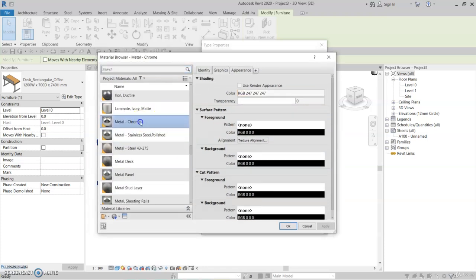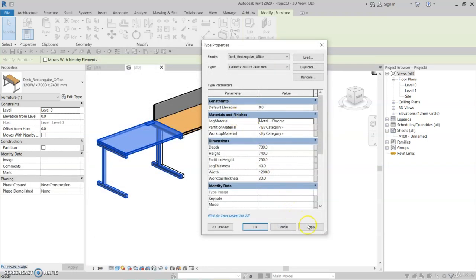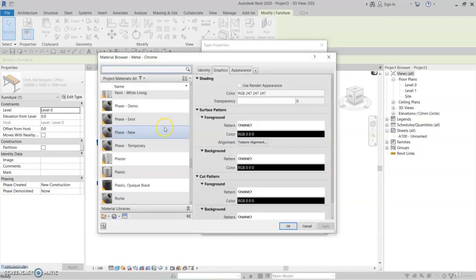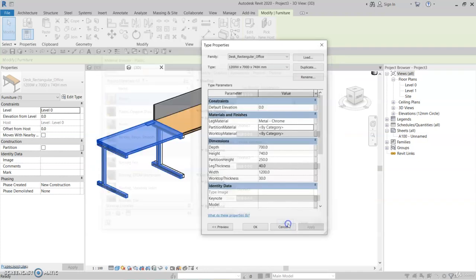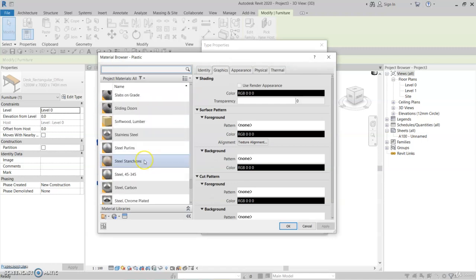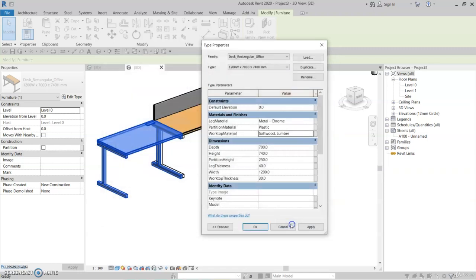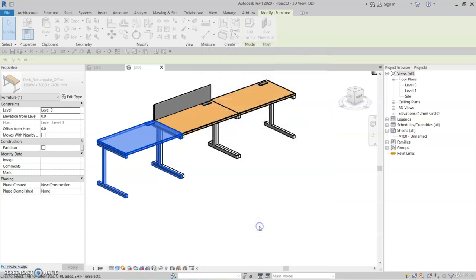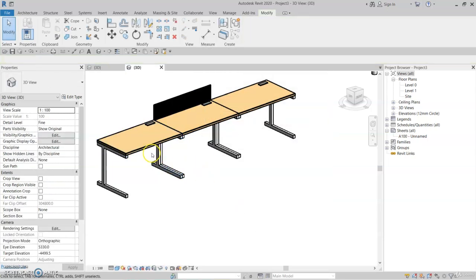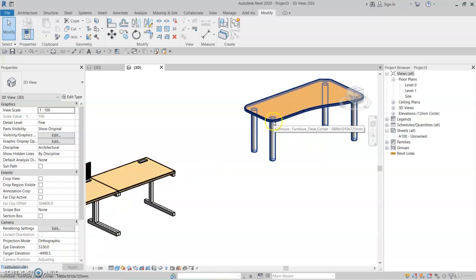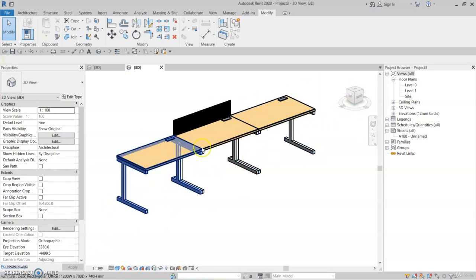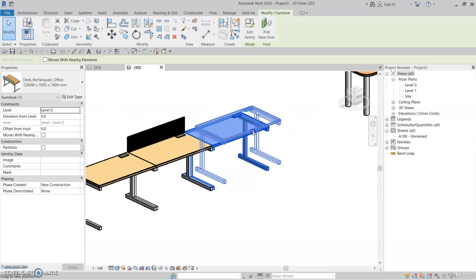So we could have a metal legs, we could have just a plastic partition, and then a softwood material worktop. Click OK, and you can see how the material changes, whereas the family defined by the subcategory is still the same. And if we were to move this out here,